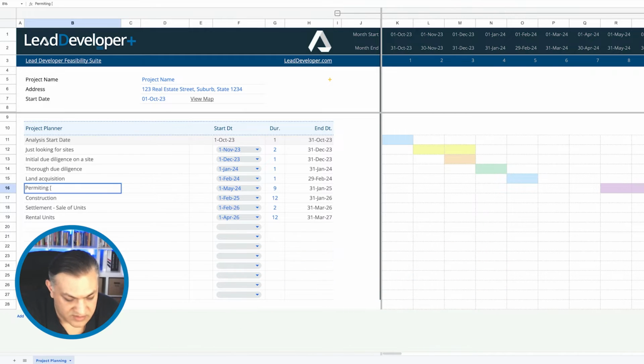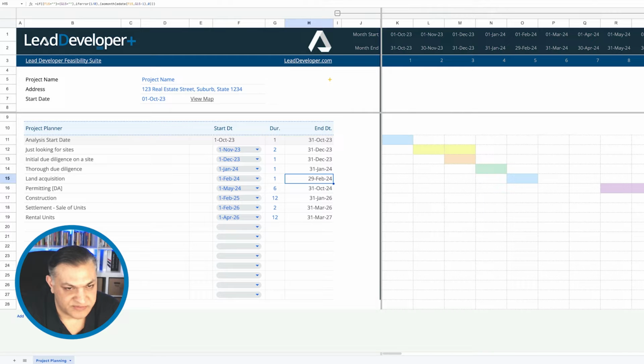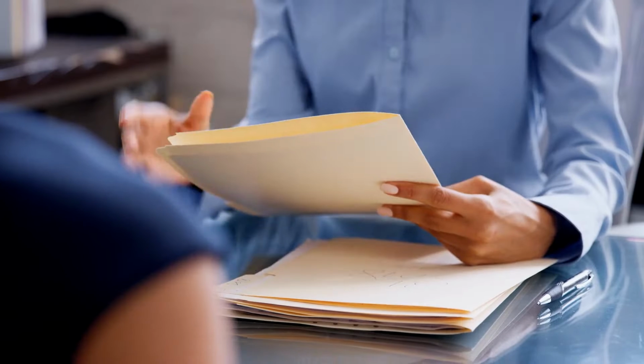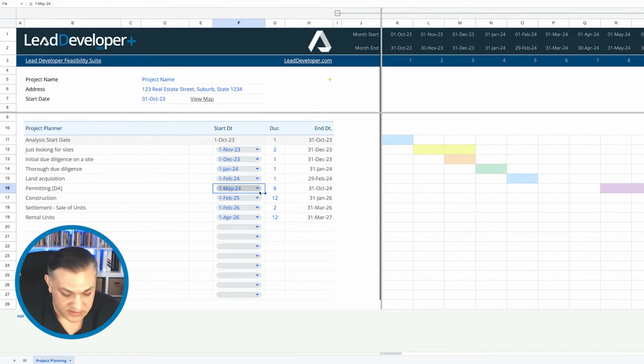I'm going to get my development approval, and that might take 9 months. Now, this might take 6 months. We can change that to 6 months. And this might also start, so if I'm finishing everything out, land acquisition in February, within 1 month after that, I would want to start planning. So all that planning would be happening here during the due diligence phase as to what I'll do the following month, because I should already be with the architect to get the permit or get the development approval going in the background. So for example, this is February, let's just say March, and it's going to take me 6 months